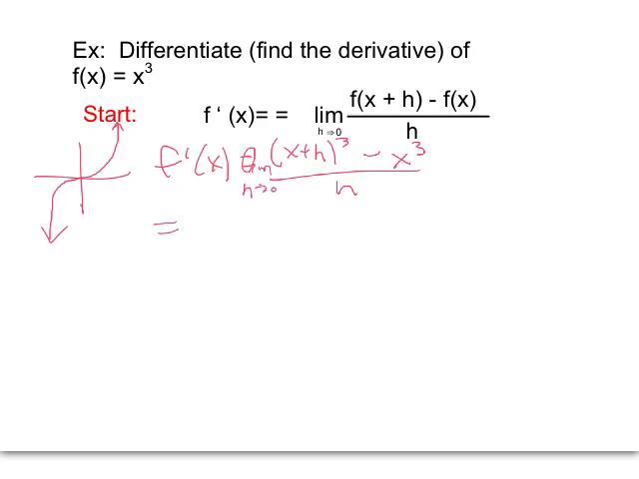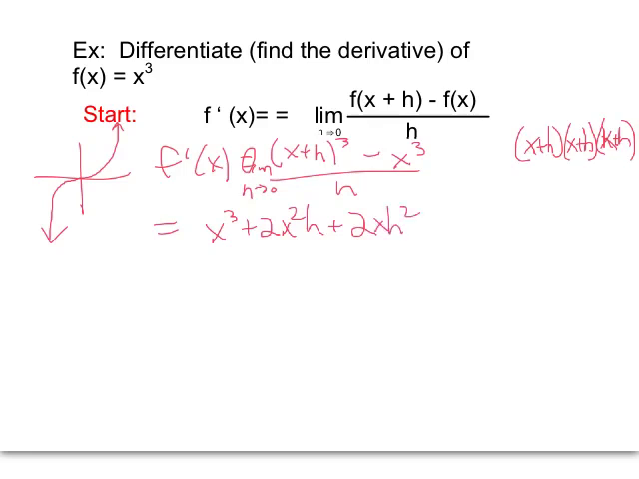All right, so now we have to multiply this out. Now remember, this does not equal x to the third plus h to the third. You have to launch all those missiles. Remember, it's x plus h, and x plus h. And you can actually use Pascal's triangle to do that. And this is going to become x to the third plus 3x squared h plus 3xh squared plus h to